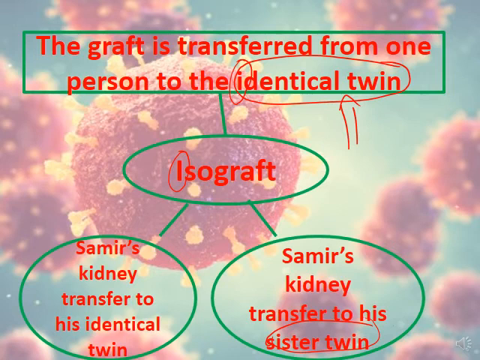The first graft is called autograft. The graft is transferred from one side of the body to another side in the same body. And we have the second type, isograft, the graft that is transferred from one person to the identical twin. That's why I identical, I iso. So you can easily detect this. Let's move now to the third type of graft,